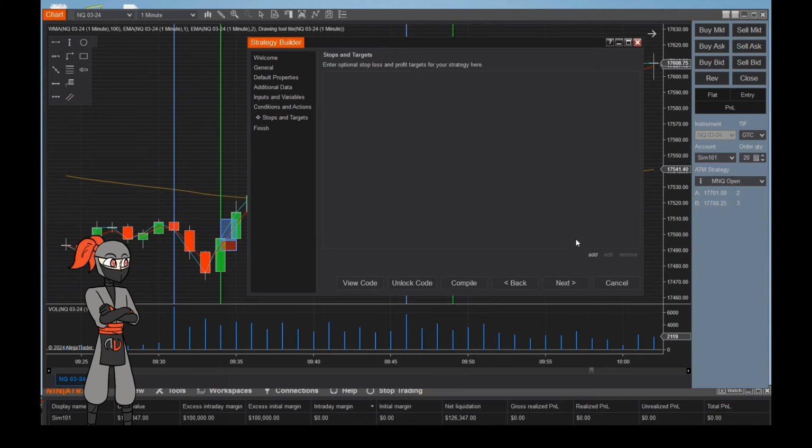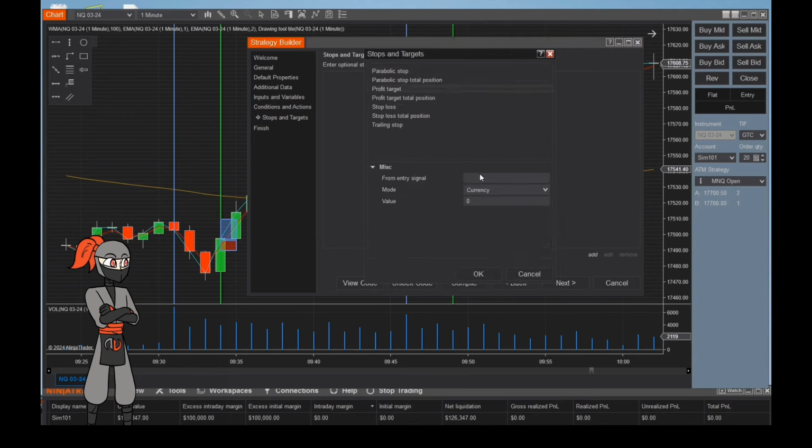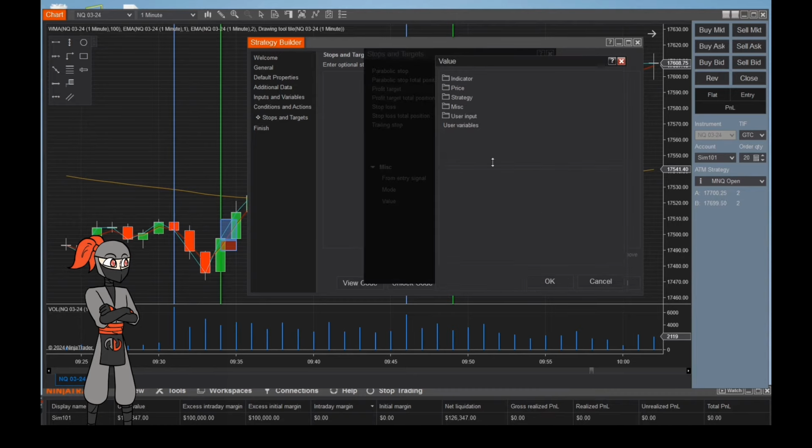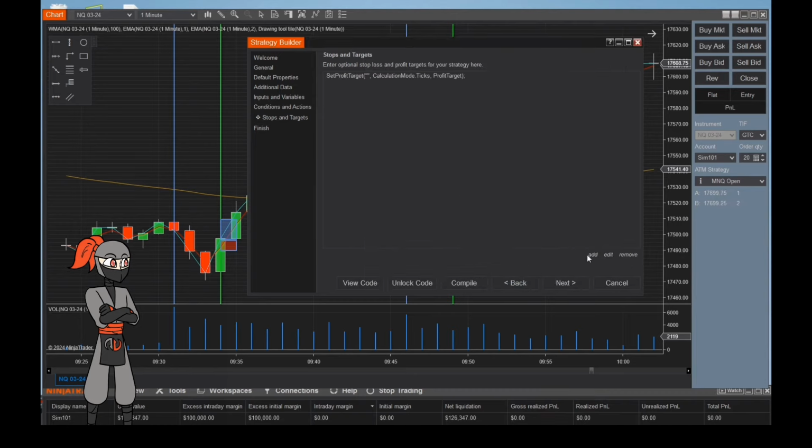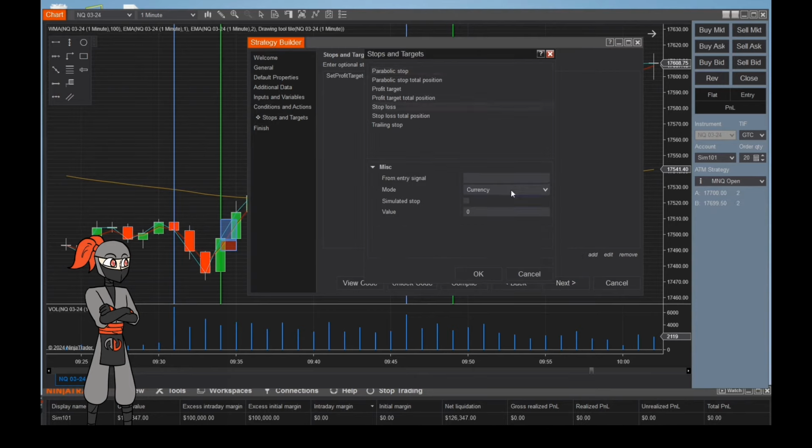Let's go ahead and move forward and get our stops and our profit target placed. Good. Stop loss, switch this to ticks. And I believe that we just about have a strategy that is